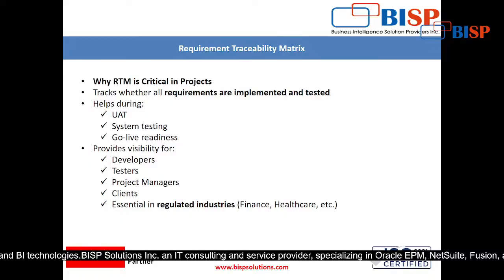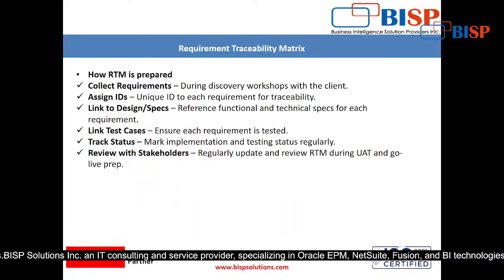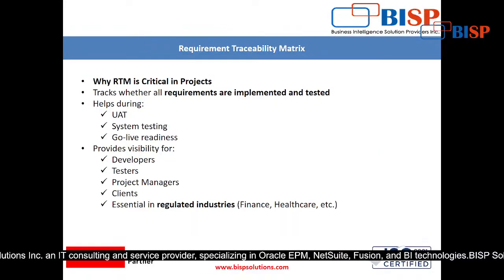Now see, why is RTM critical in a project? Okay, so the question is why it is very important. See, it tracks whether all requirements are implemented and tested. Whenever, the very first document is the VRD, then the solution architecture document, then the functional design document, and after this the requirement is shown in that, right? And then we design the use cases and user stories, everything is fine, but this RTM document ensures each